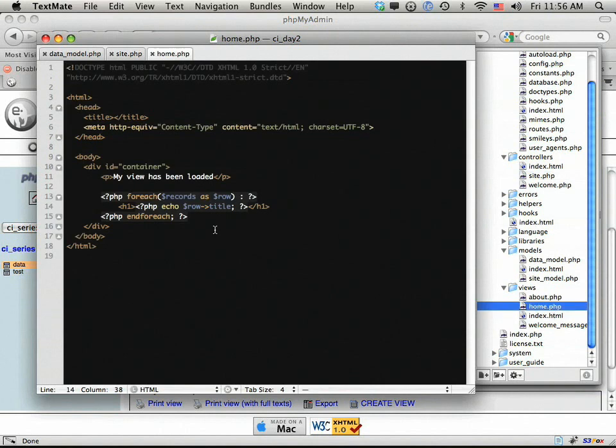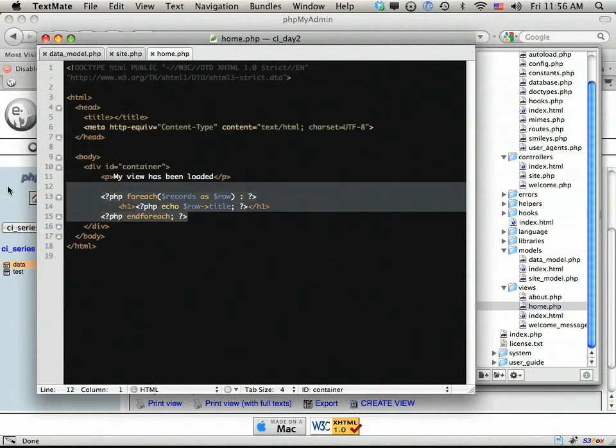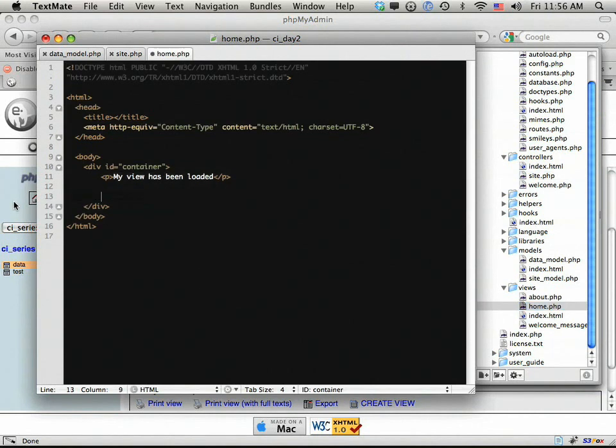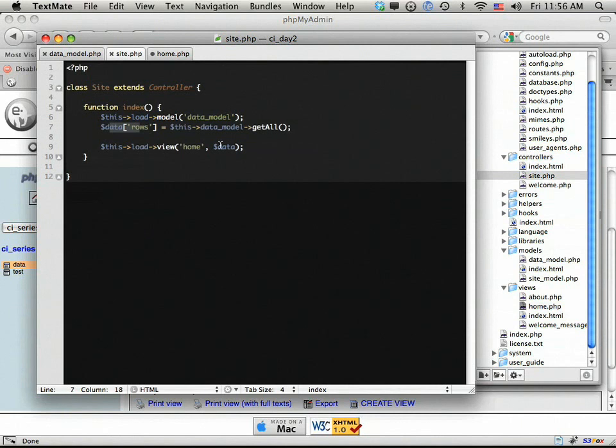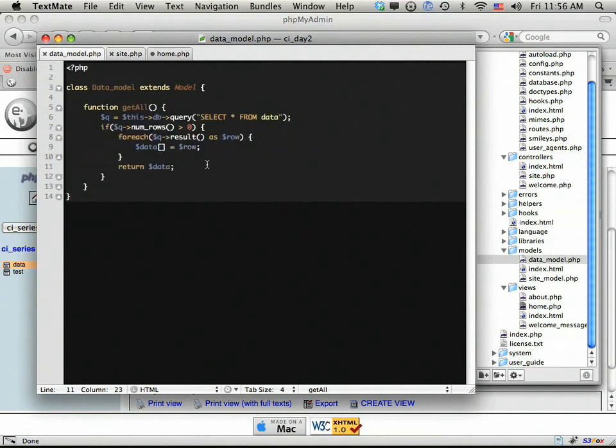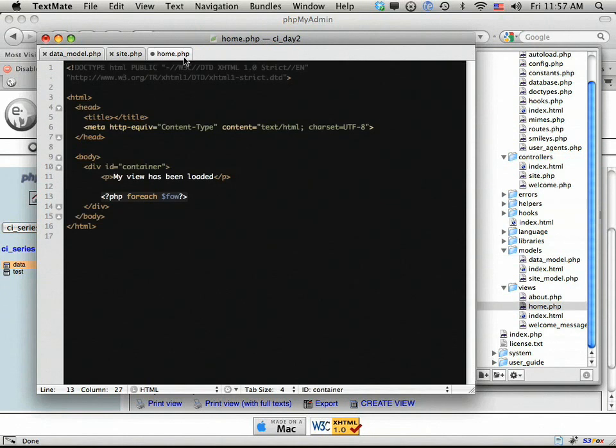And let's open up home, and I'm going to get rid of all of this, and we're going to work with it. So PHP, and we're going to say foreach row, and I just want to make sure I go over this. Remember, when we pass this array, these keys are then turned into their own variables or arrays that we can work with. So we would access it just like $rows. So foreach, wrong page, foreach rows as r,